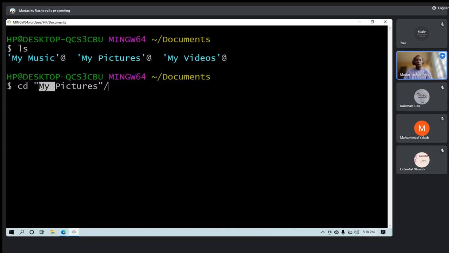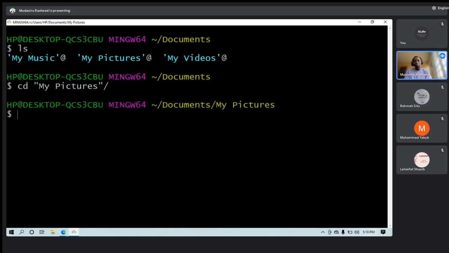Do we get that? But in a case where the thing that we are working on, we are not the one that created it, like this one now, I was not the one that created my picture, but now I want to go into my picture. The solution is, I will make it a string by putting this quotation, then my picture, then push autocomplete to complete it for me. Then I can go in. I've moved from the root of my system to the documents folder, then I'm now in my pictures folder.